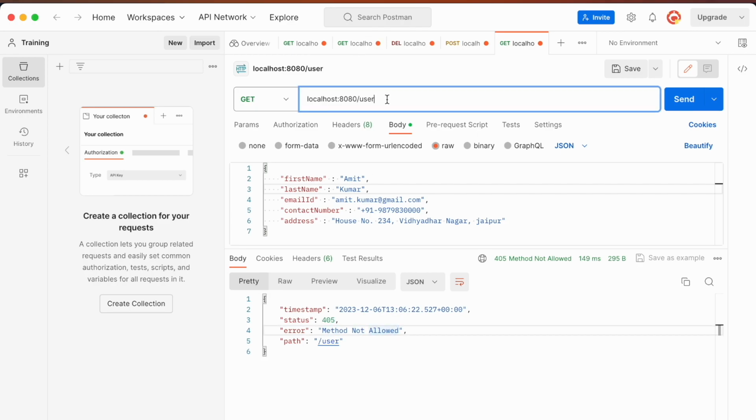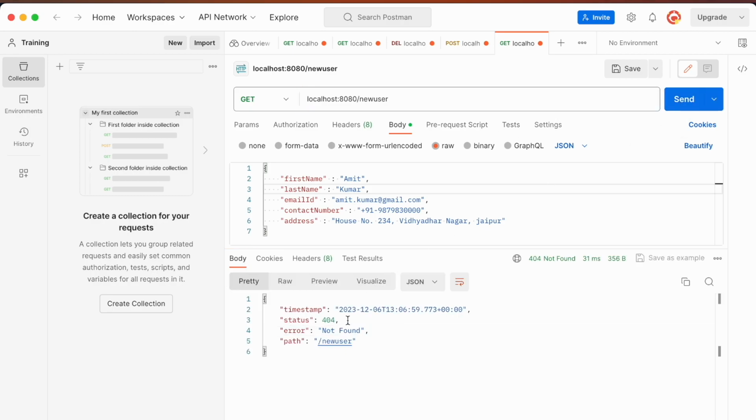But if we use something like /user/newuser and send, it will say not found because this path does not exist at all. But in this case, this particular path does exist, but this particular method does not exist. So when we are hitting this /user API with the GET HTTP method and send, it is saying method not allowed, 405.